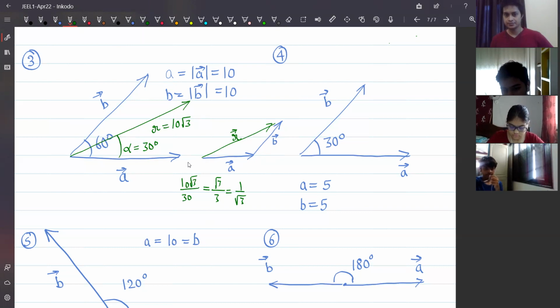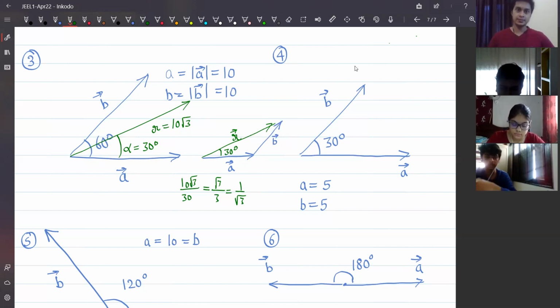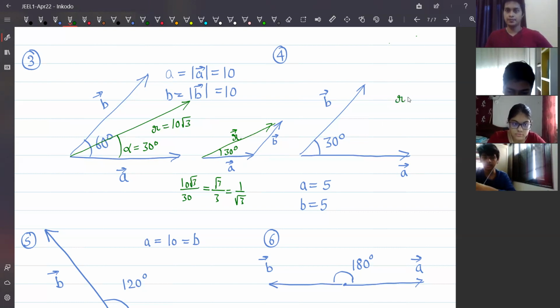But you have taken alpha between A and B, right? Yes, sorry, R and A. Alpha is between R and A. That is how we are getting it from the geometry. Alpha is coming as 30 degrees. Okay, sir. Vaishnavi, tell me the answer for the second one. 15. R is 15, or root over 5 squared plus...